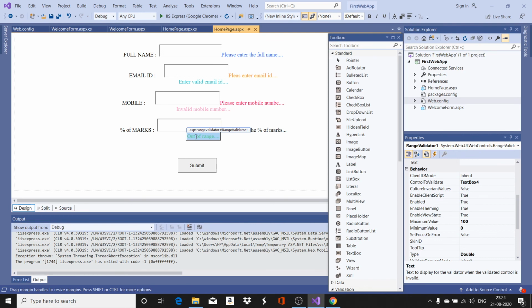So for one user control itself, I can have more than one validation control. For any user control in a web application, if you want to validate it on the client side itself, in the web browser itself, you can use the validation controls. The 6 different validation controls can be used to achieve this.